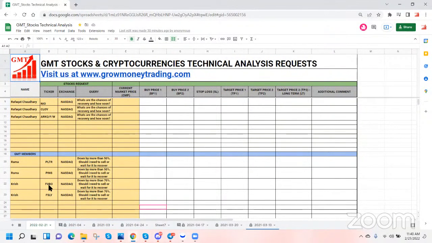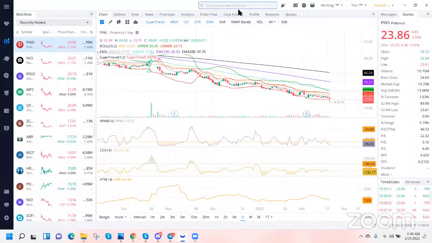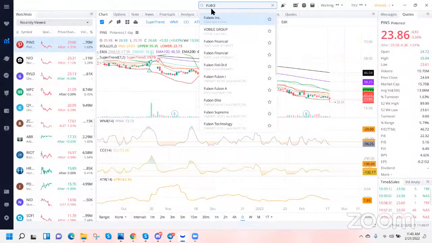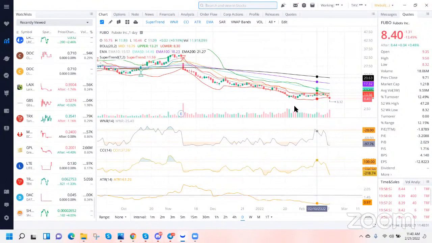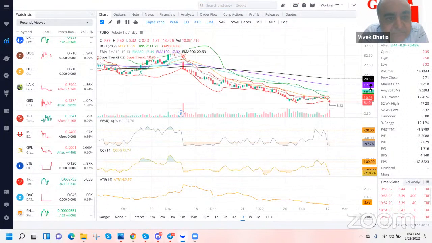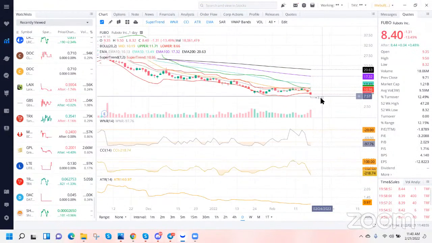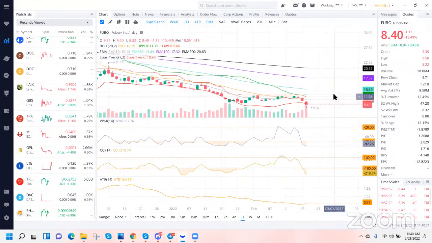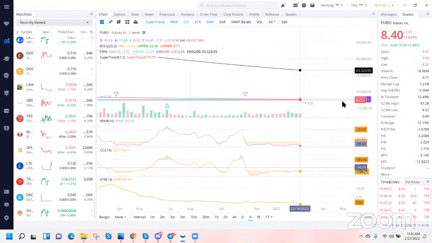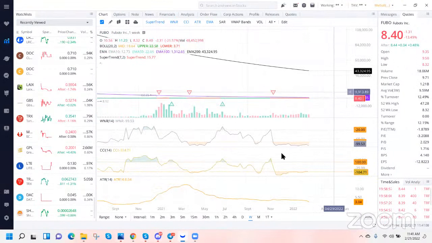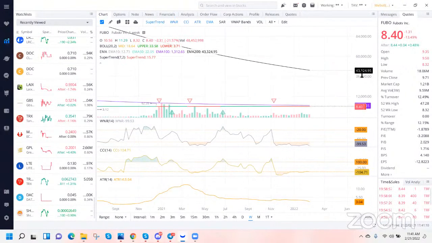Now we'll go on to Krish's request of Fubo. In the last 3 sessions, it has almost formed 3 black crows. It's in the oversold region, but if you look at the weekly chart,